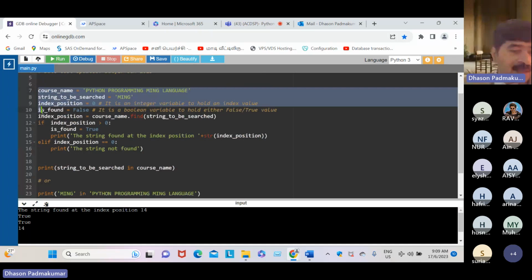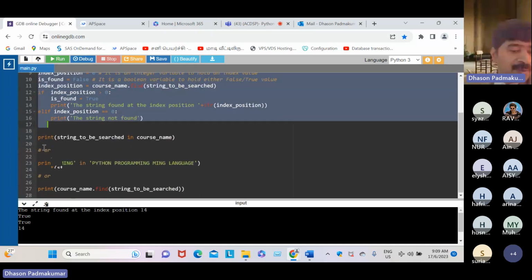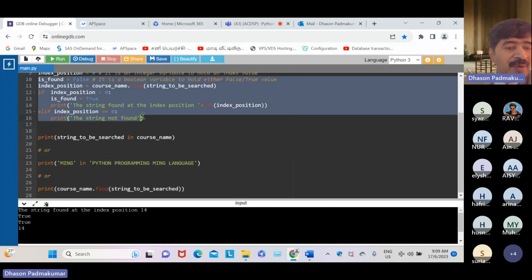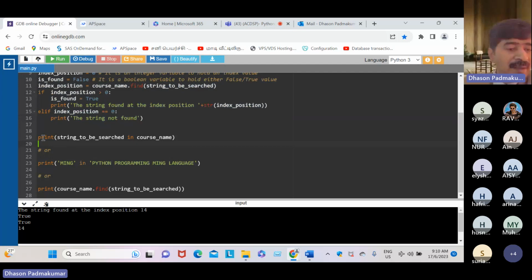They would give you, for example, this program, this program and this program. Which is the right program? Actually all programs are doing great, because this program also helps us find whether the string is found or not. So it does well.